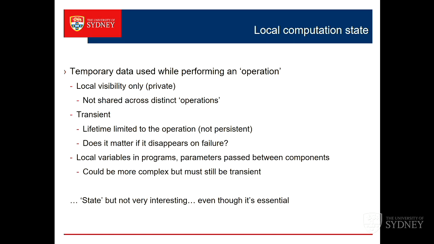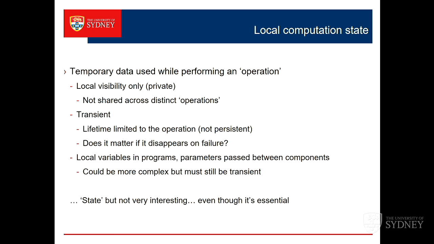The simplest type of state, which is almost not worth talking about, is local computational state. So I've got a program, it's got some variables in it. Those variables represent the state of the computation. Now, add 1 to x, good. X is a piece of state. It's local computational state. Its visibility is very, very narrow. It's within that piece of code. I might pass a copy of it to some other method, but the variables have very limited scope. They're not visible outside that application.